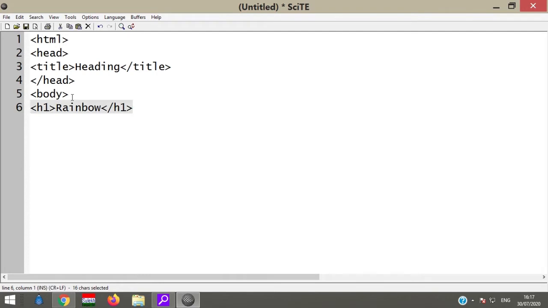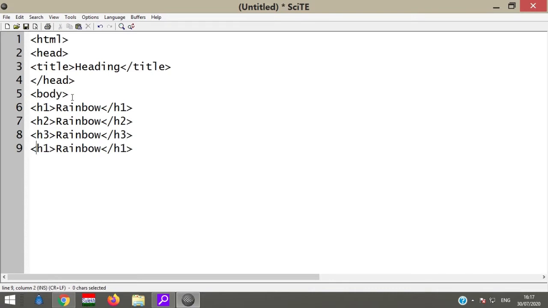Okay, the h1 tag is the largest heading in our HTML document. Then copy and paste the heading, and just change the number: h2 tag, then h3 tag, paste once again, h4 tag, paste h5 tag.